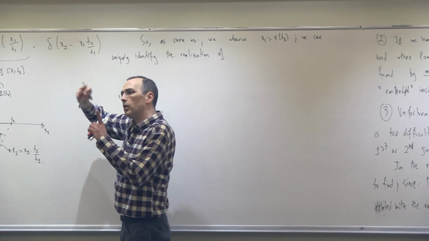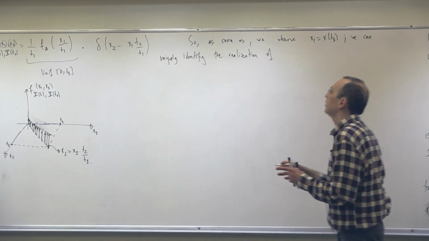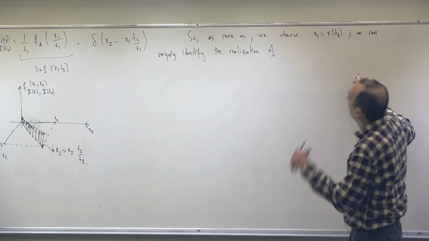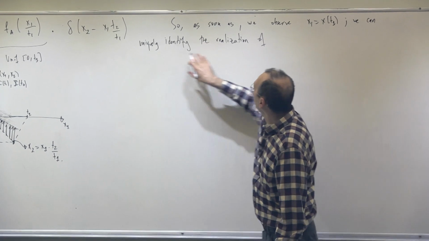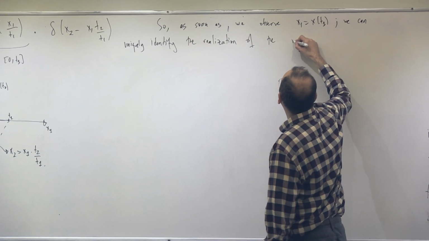As soon as I observe a realization, conditioning on that, I can predict the rest. So as soon as we observe this, we can uniquely identify the realization of the random process